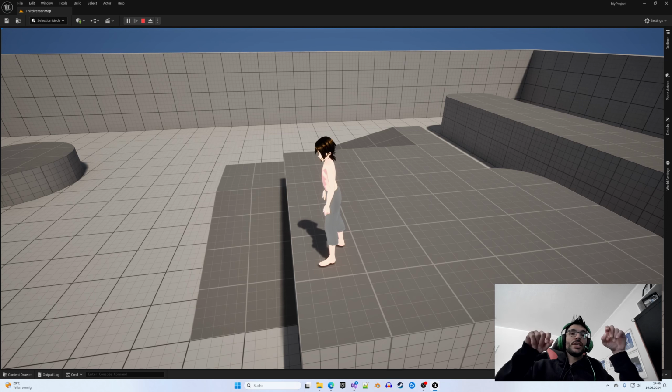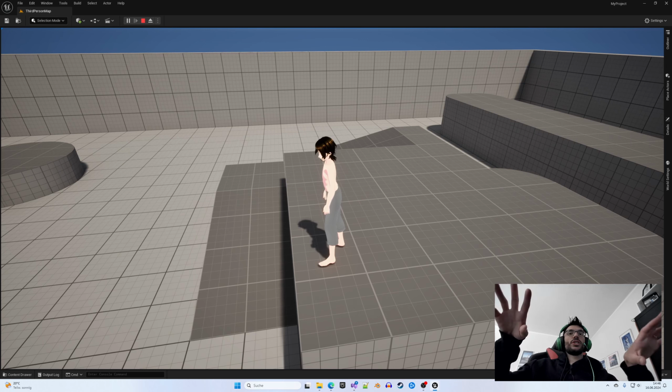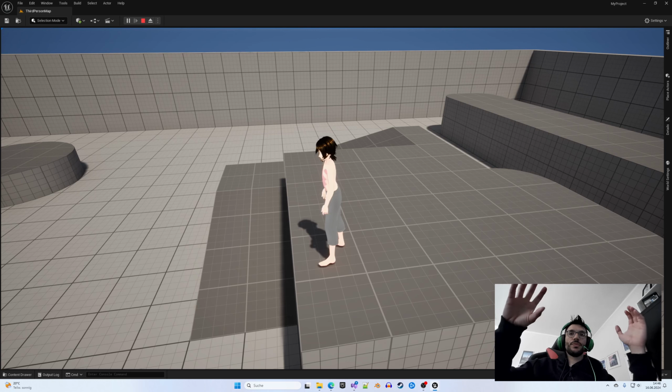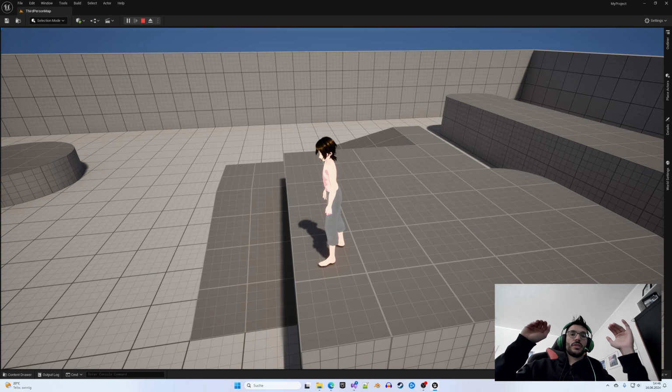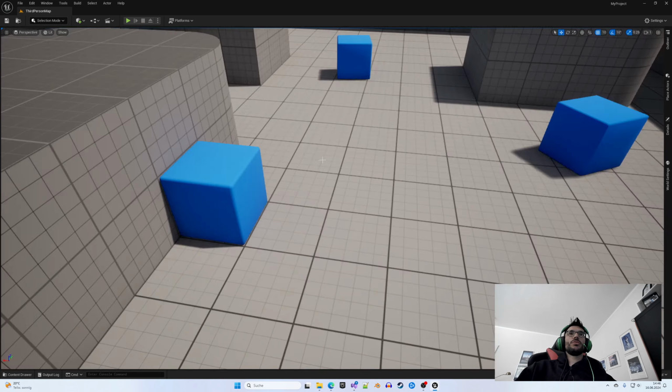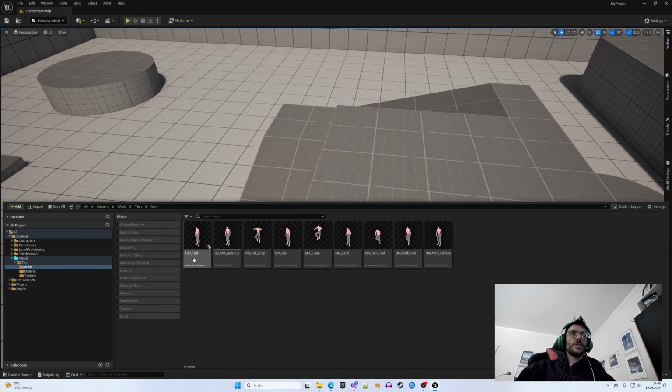And the control rig basically uses the skeleton to make this movement. And those movements are driven by a code, and this code needs specific names. And the skeleton from the Unreal character and from the VRoid Studio are different. The name of the bones are different. So what we need to do is basically,